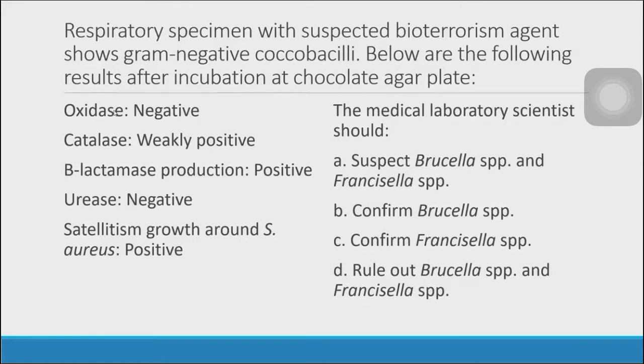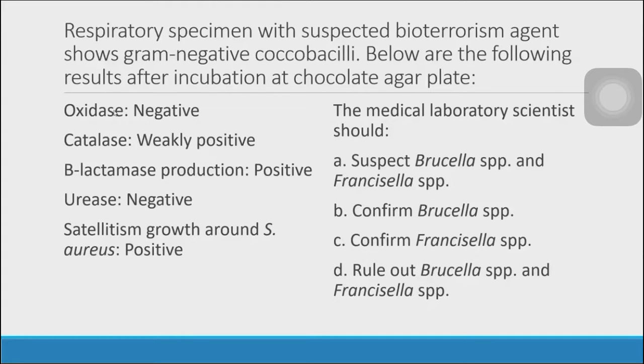Okay, so in here, medyo alam mo na agad yung pagpipilian mong organism. Brucella, Francisella. Pero usually naman kasi, ang mga bioterrorism agent natin, the usual or the routinely encountered bioterrorism agent in the United States, may isang gram-positive at may isang gram-negative. So yung gram-positive, of course, si Bacillus anthracis, and yung gram-negative bacilli, si Yersinia pestis. Okay, but karamihan, lagi na routinely encountered mga gram-negative coccobacilli. So in here, thankful, medyo maganda kasi ang given na organism. But again, usually naman mga gram-negative coccobacilli.